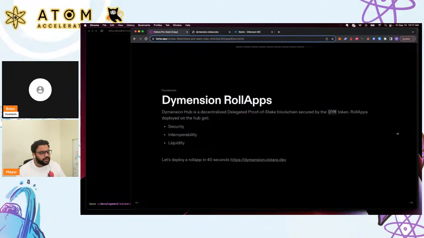For the demo, we want to focus on Dimension Rollapps, which is Dimension, a network of easily deployable and lightning-fast modular blockchains called Rollapps. We will use Dimension Hub for this example. And Dimension Hub is a decentralized proof-of-stake blockchain that is secured by Dime token. By default, you can get security, interoperability, and liquidity of the Cosmos Hub.